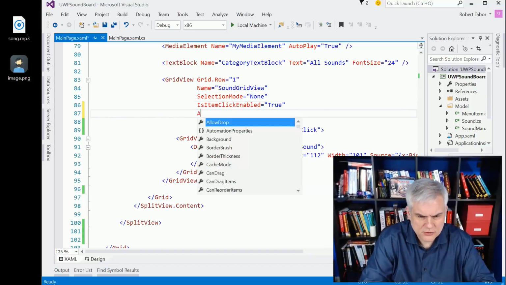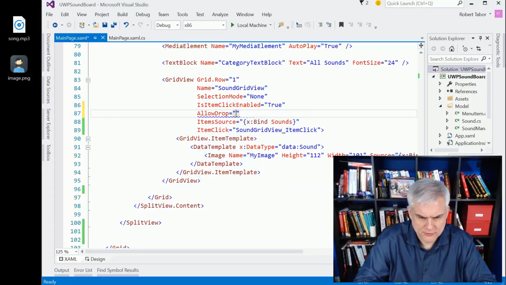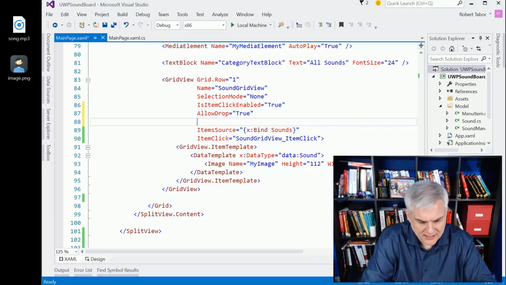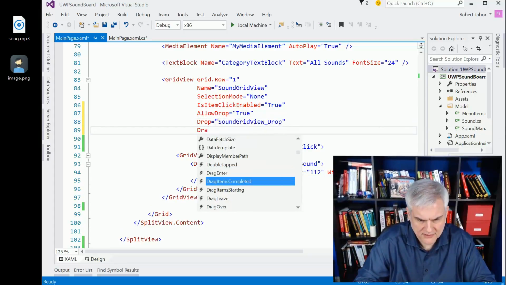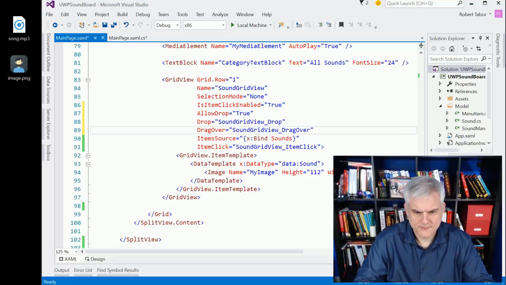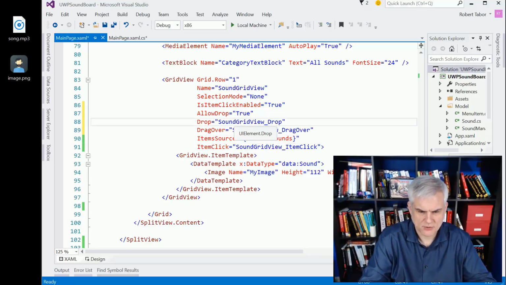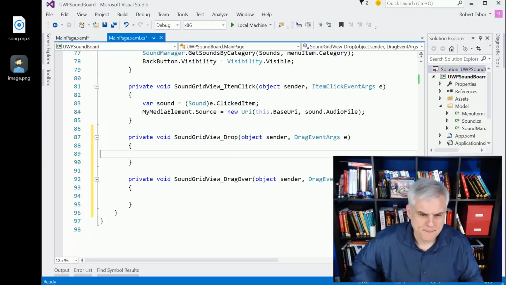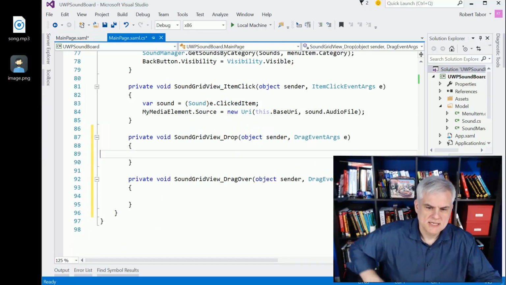So the one thing I want to do is set the AllowDrop equal to true. Without that, we're not going to get satisfaction with this working. I'm going to handle the drop event, and I'm going to handle the drag over event as well. All right, so with that in place, I'm going to hit F12 on the keyboard with my mouse selecting Sound Grid View Drop. And here what I'm going to do is